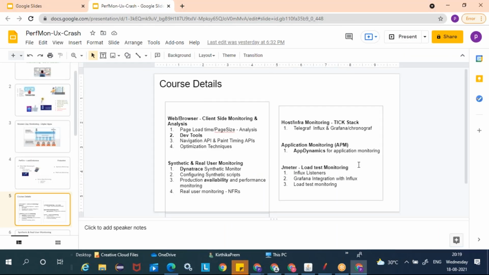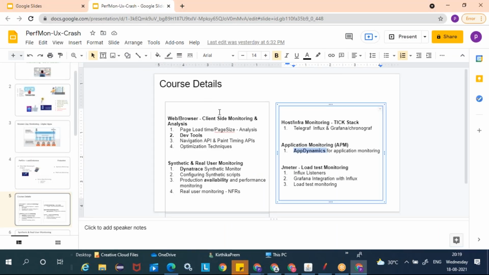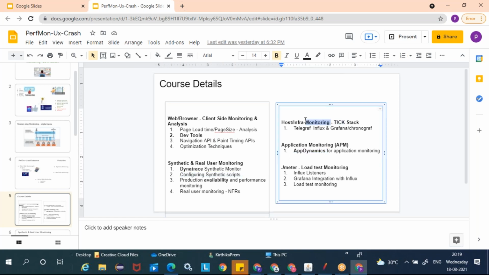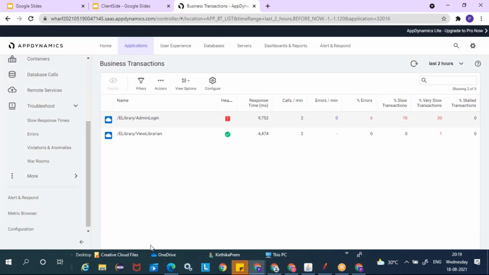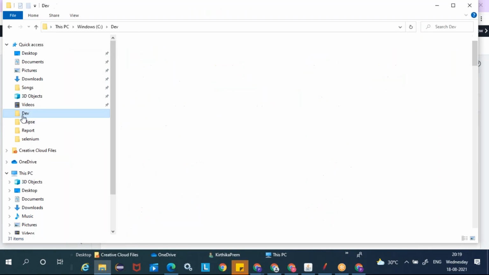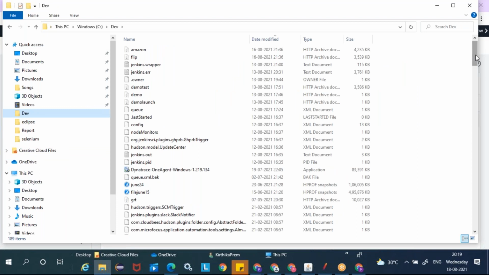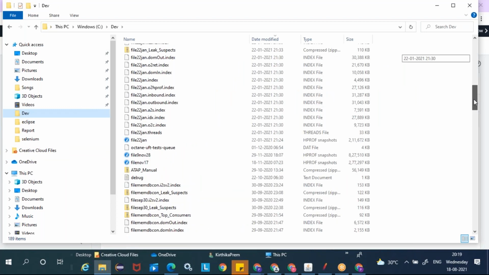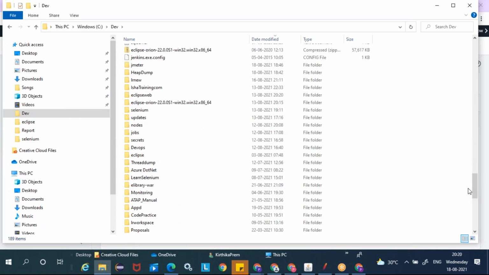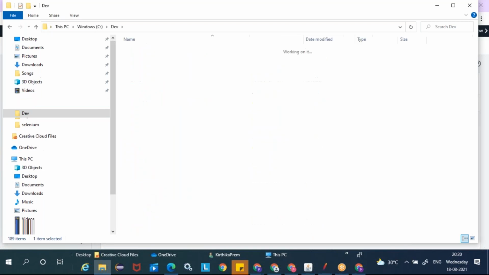So we have seen this APM, we have seen Dynatrace, and for the infra level monitoring, on my machine I have already downloaded the software for Influx, Telegraf, and Chronograf tools, which you can also download. The link for that will also be available in the sheet, and I will also upload those software directly, so that you don't need to worry about it.